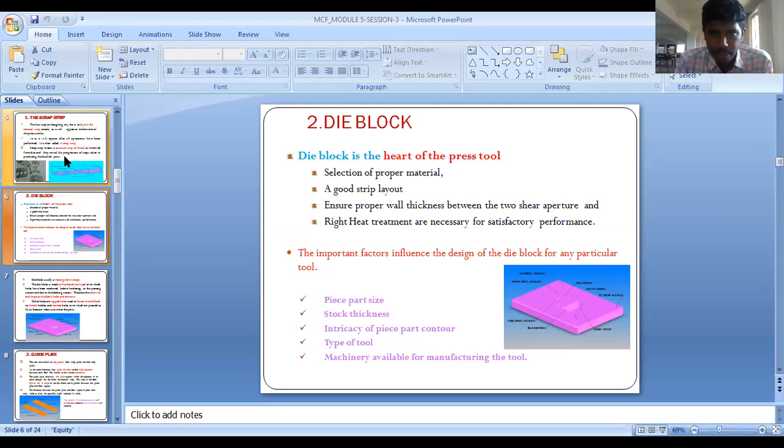And the factors influencing are piece part size, stock thickness, intricacy of piece part contours, type of tool, and machinery available for manufacturing the tool. These all parameters will influence the design of the die block.